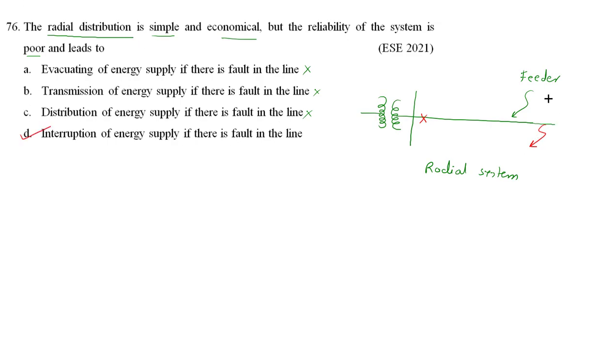So whenever we use the radial feeder and a fault takes place on that feeder, then there will be complete interruption of energy supply from that feeder. There can be many sections, with load on each bus. So if there is a fault anywhere, the main breaker will open and all the consumers will be disconnected. That is the problem with a radial system. But the advantage is that it's economical and simple. The protection system is also simple and the overall cost to design this system is less.